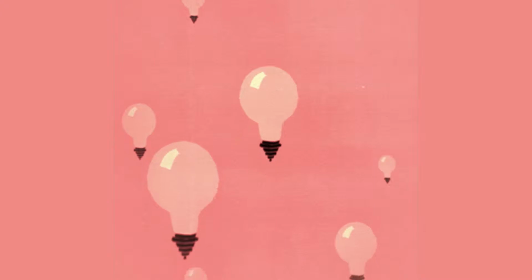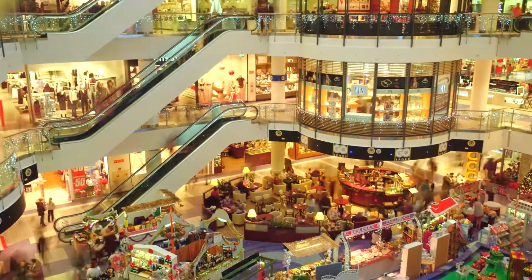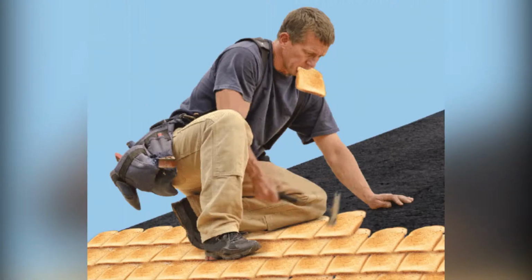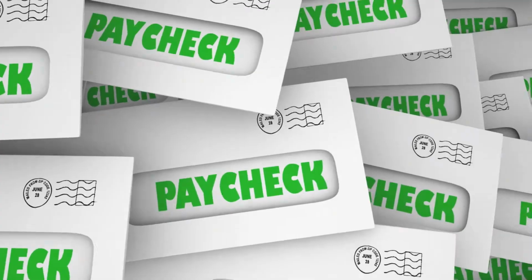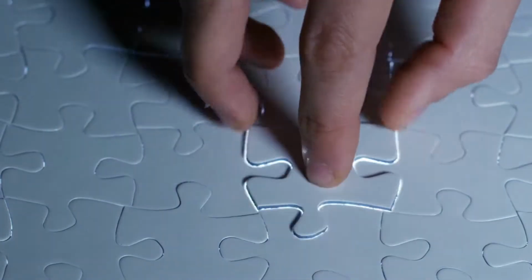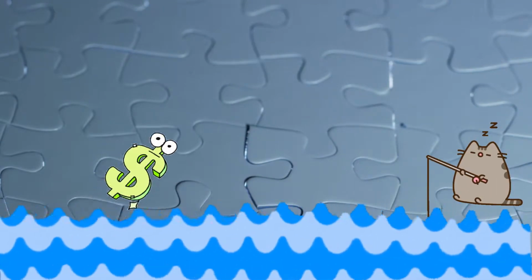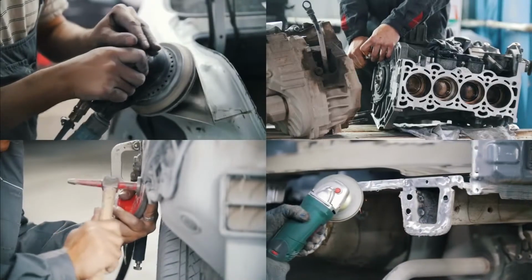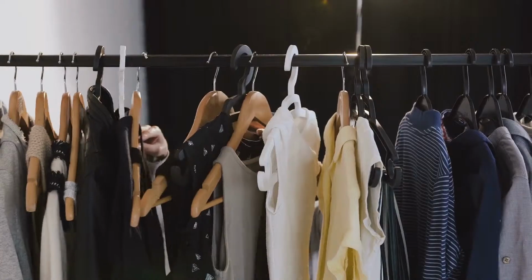Well, let's think about it this way. Growth is created by a function of capital, labor, and consumption. A company builds a factory, capital, to build widgets through labor, and its employees use the fruits of their labor to consume more widgets. It's a beautiful feedback loop. The lubricant for all this is liquidity, how much money is available, and the energy behind that is credit. As credit expands, the capital base grows, more labor is needed, and consumers can borrow to buy more things that they want. Swipe that credit card.